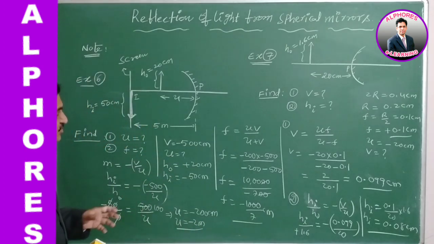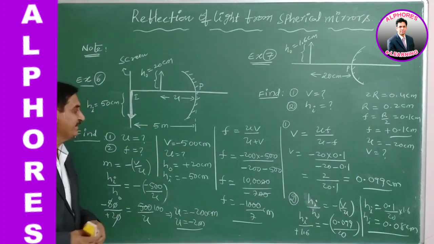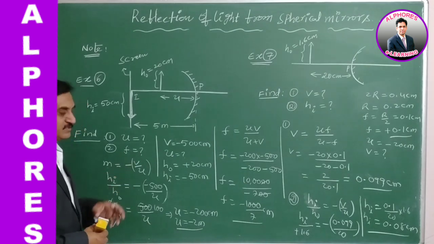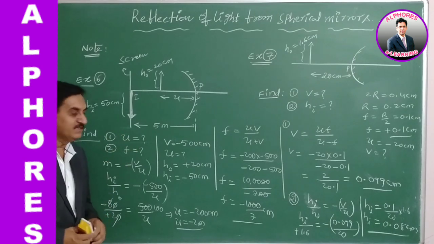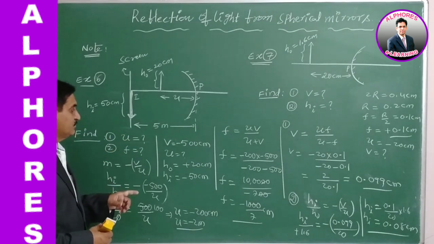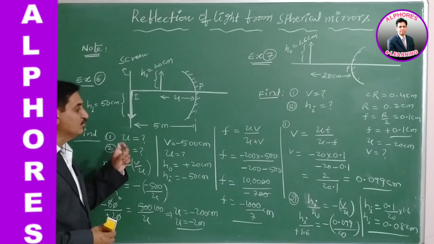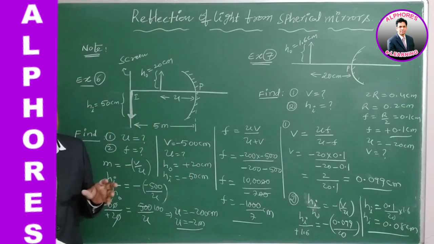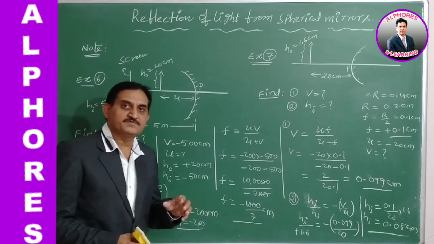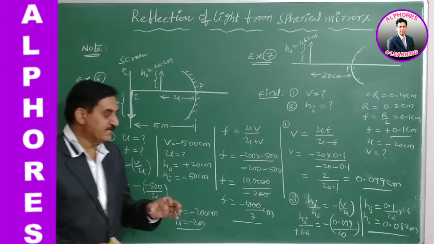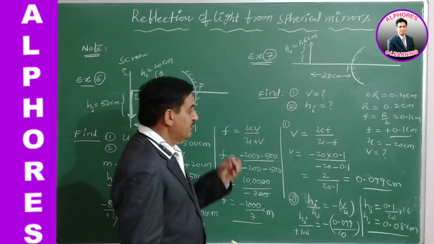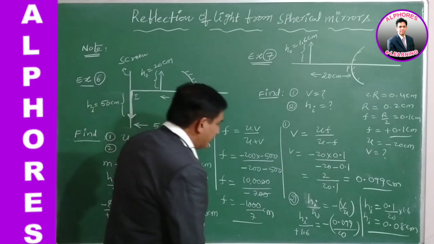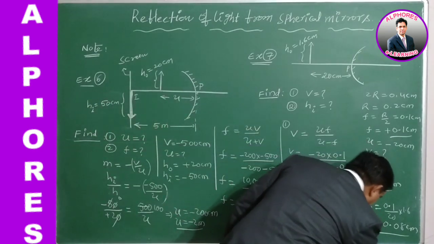And I mentioned a very important point: whenever we are using the formula to solve a problem, for the quantity that is going to be calculated, there is no need to use the sign convention. For the rest of the given quantities, we have to use the sign convention, substitute, and simplify, and you will get the proper answer. Okay, let us move on to another problem.